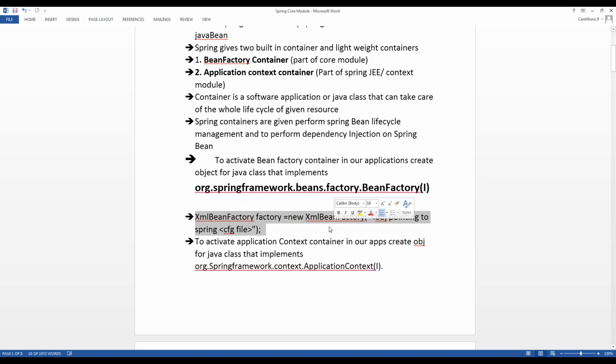It may be a standalone application, a Java application, or a J2EE application, whatever it may be. Whenever you develop any application using the Spring framework, every application depends on the Spring core module. So if you want to develop any application, standalone or web, we first depend on the Spring core module. We have to clearly understand the Spring core module, then we can easily develop any application, be it standalone, web, JEE, ORM, or AOP.